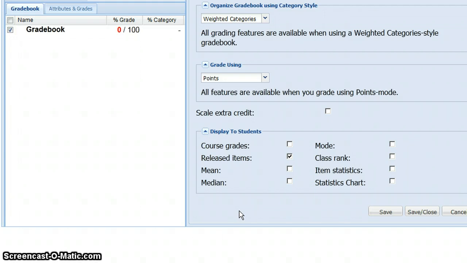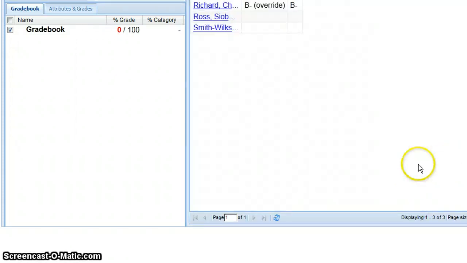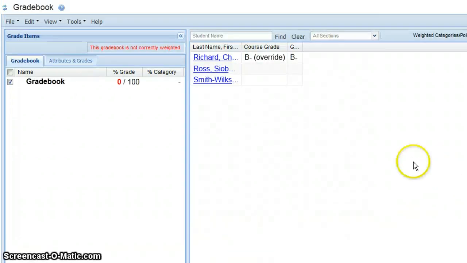Some folks use the gradebook just as an internal item for themselves, and so they wouldn't release that. But the majority of folks want the students to see their grades, so then you would click on Released Items. You have other options such as the mean, median, and mode, and class rank. When you're happy with your setup, just click on Save and Close, and now you will see the gradebook and